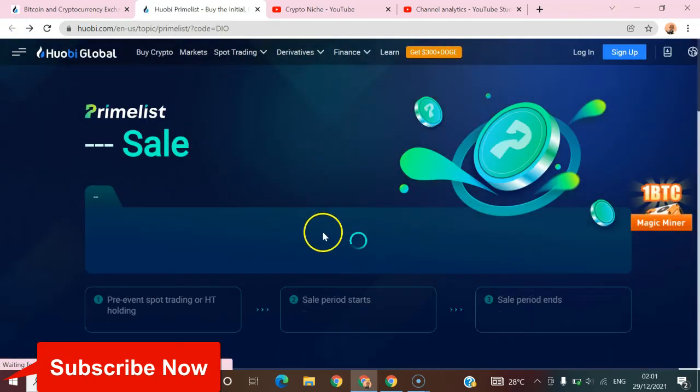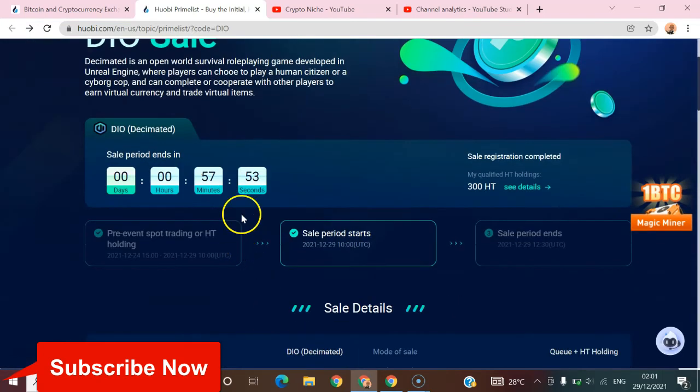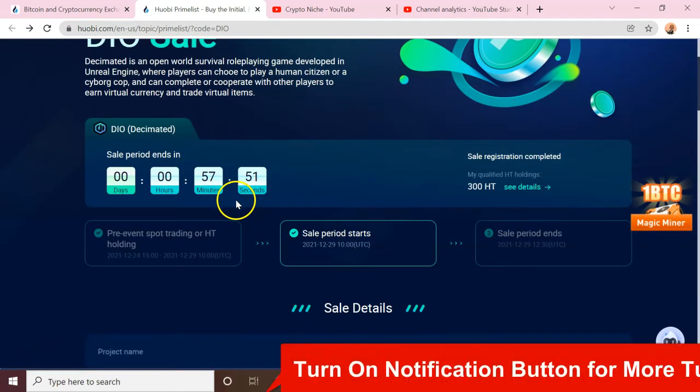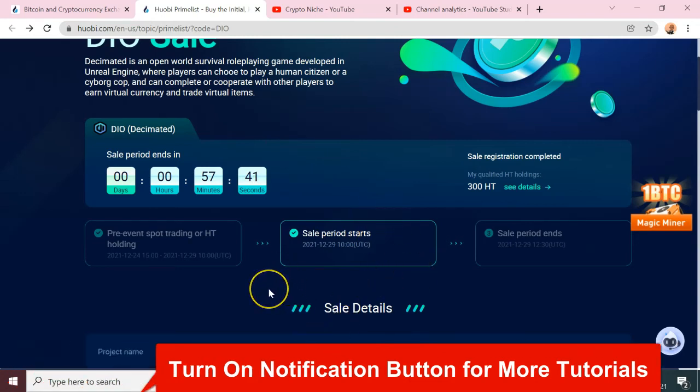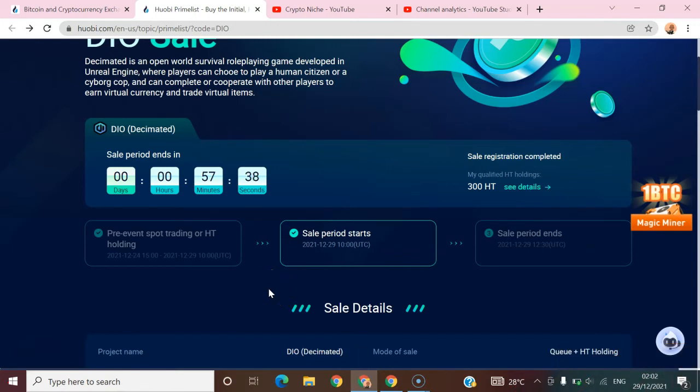Once this countdown is over, in the next 1 hour, I'm going to check back and see if I've gotten the token or not. If I get the token, I'm going to make a video about it also, or probably add it to this content. So that's all you need to know about how to register for